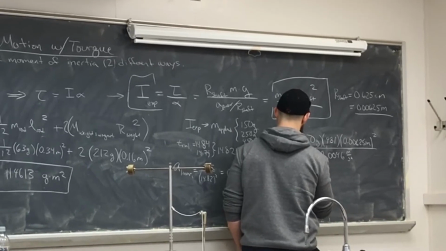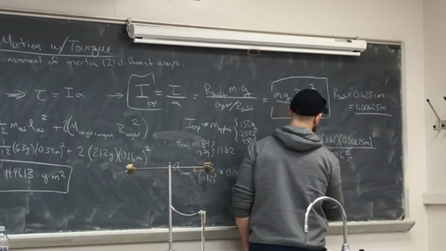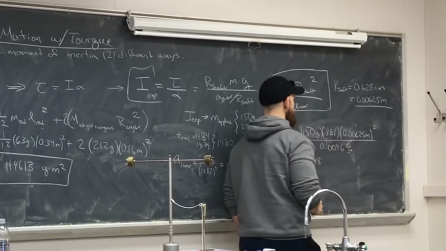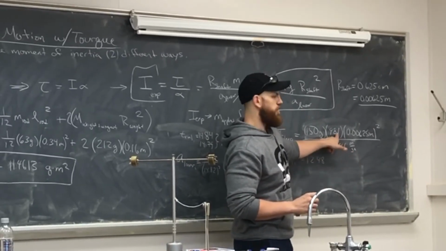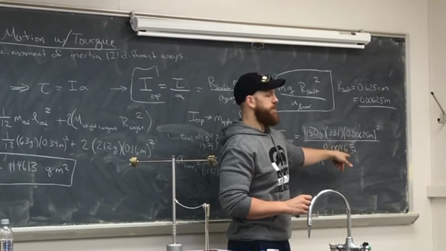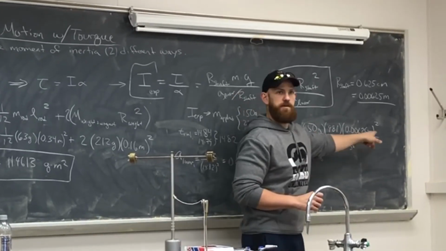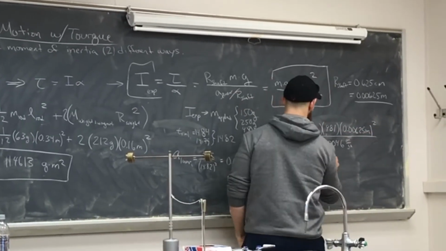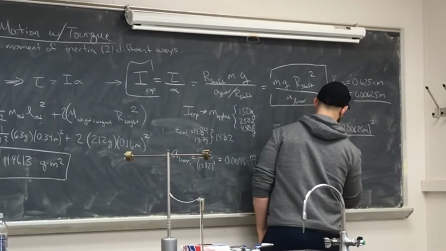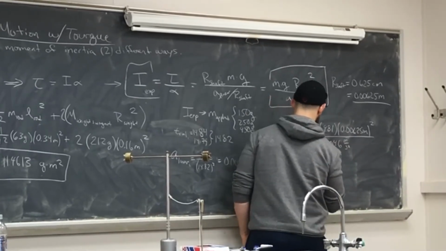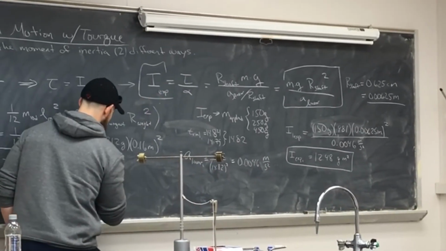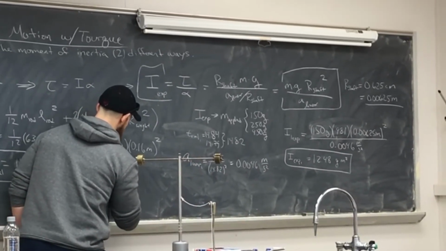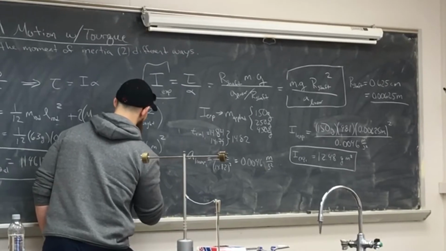Experimental 1: 12.48, and if you look at the units, we can check to make sure we did it right. This is an acceleration, gravity is also an acceleration, so the units from that cancel, and we're left with just grams meters squared, right? So do a percent error for that, and percent error is going to be the absolute value of